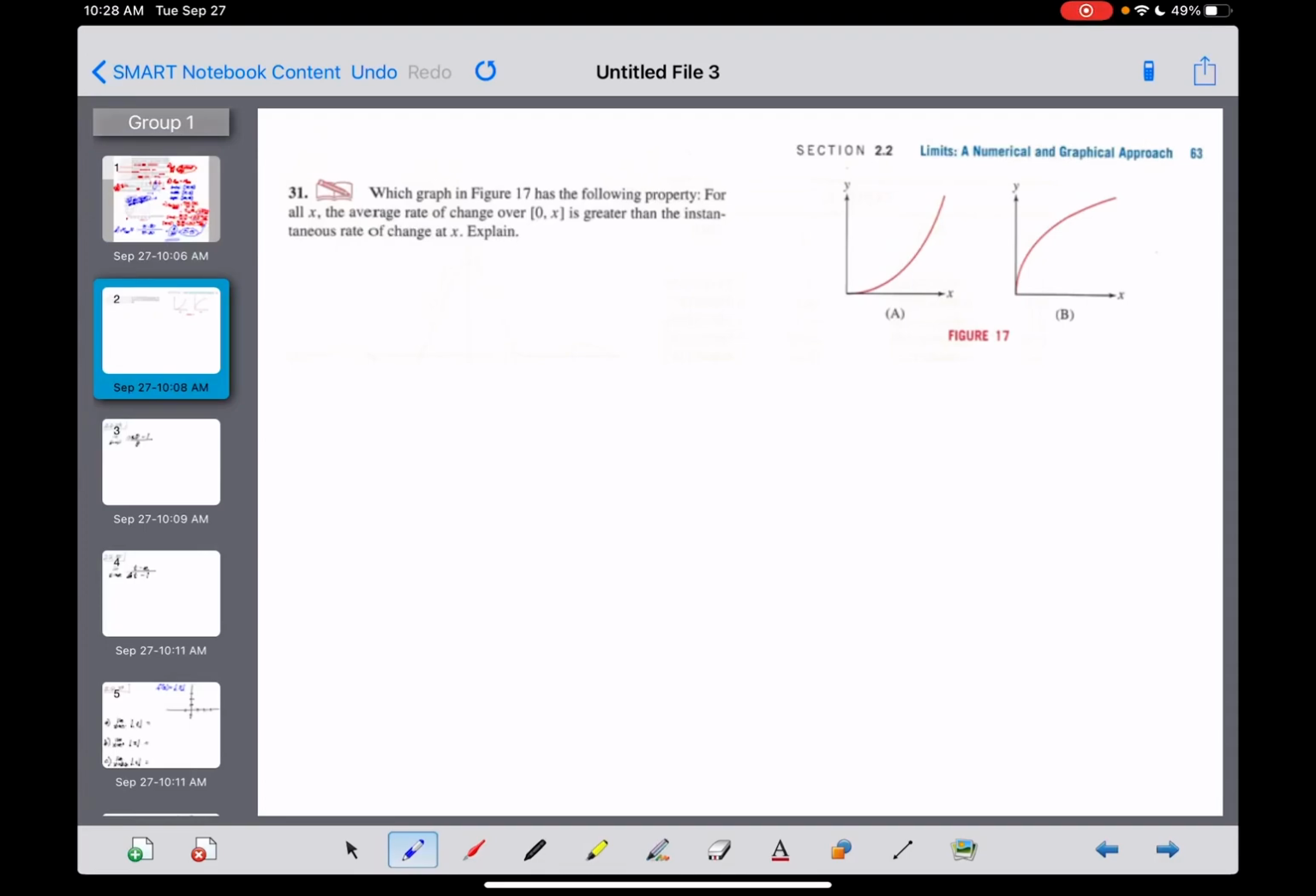2.1, number 31. This is just kind of a thinking question here, guys. There's not a ton of work to do on this one, but let's see what we've got. So they give you a graph over here with two functions. That first one, we're going to get used to this a little bit later on in the semester right here,